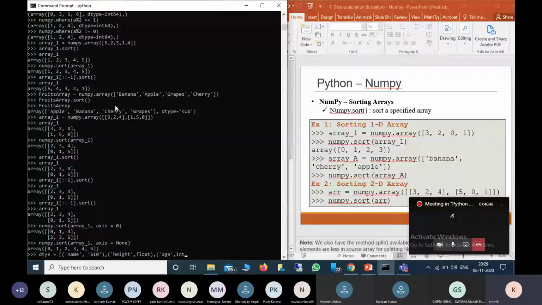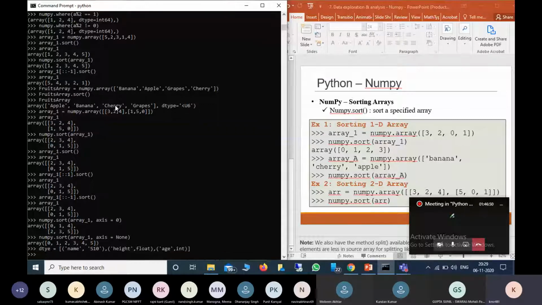So this is integer. So these values we will define in an array.